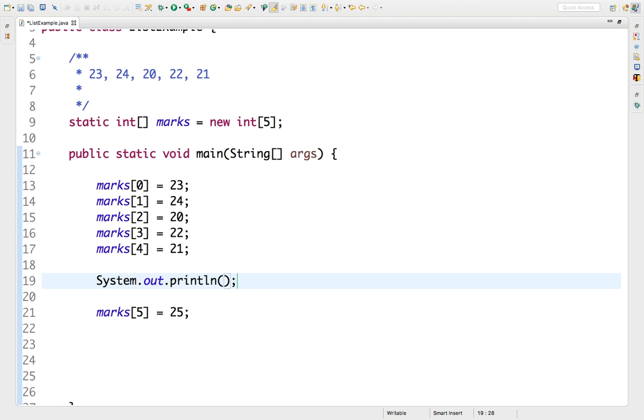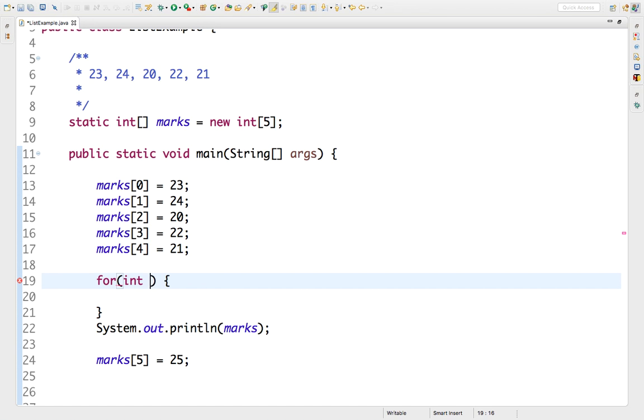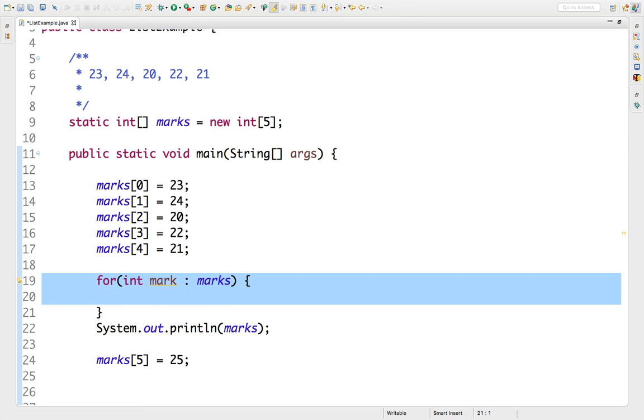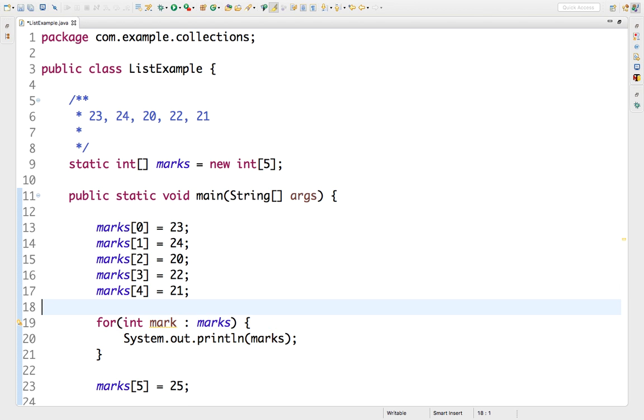Let's create sys out the marks array. But as mark is an array, you cannot print it directly. We are going to use a for loop, and in that for loop we are going to create an int mark colon marks. So this is the way how you are going to create it. Now I'm going to print the values from the marks, but I need to print the value